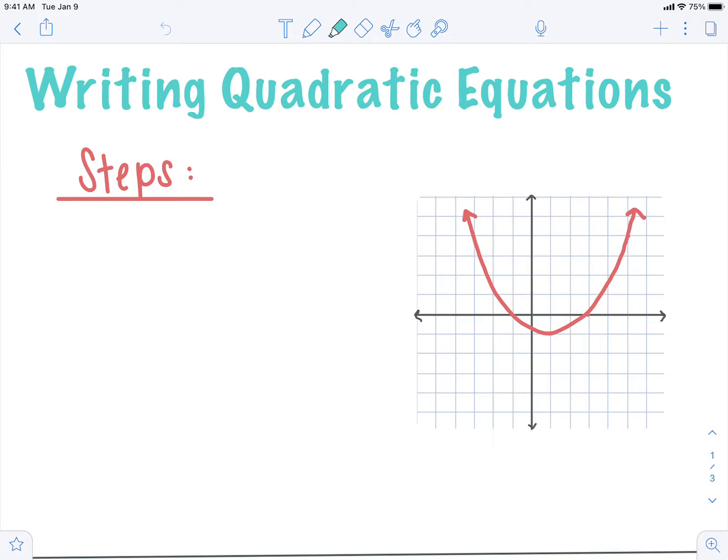Recording? Yes, I am. So, we're taking it one step farther, looking at quadratics and writing their actual equations when given the graph. Last class you looked at picking out the vertex, picking out the intercepts, deciding if it had a max or a min. Today you're going to use that information in order to actually write the equation of the graph that they give you. So when we're writing the equations, the first thing you want to do